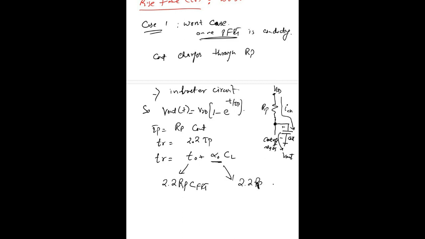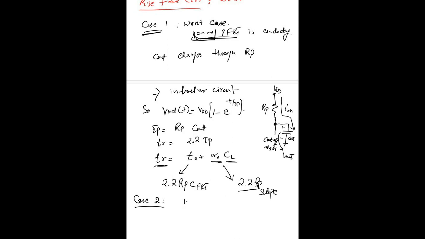Obviously CL is different, and this term represents the slope of our rise time here, because we said that the rise time depends on our load capacitance. If the load capacitance increases, the rise time also increases linearly with the increase in the capacitance. So this was our case 1, when we considered one FET that is conducting. But in case 2,